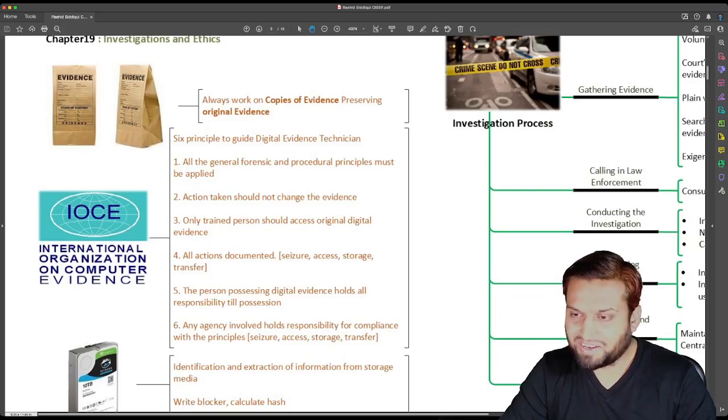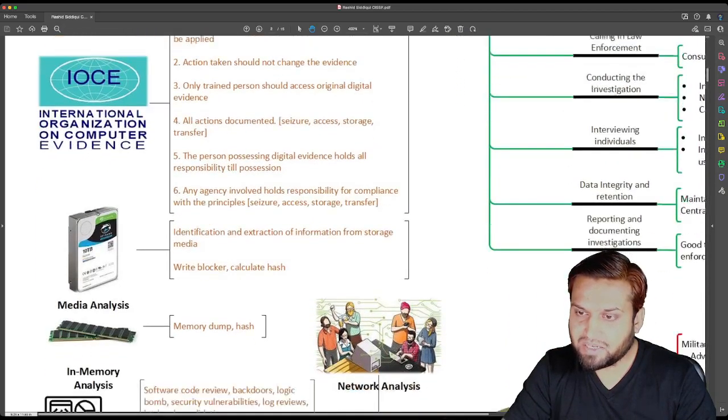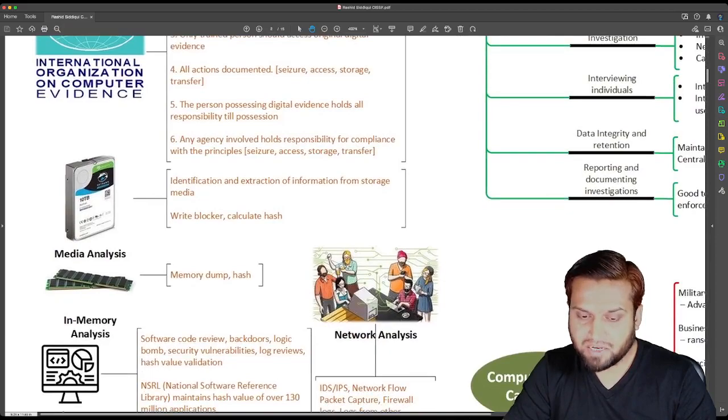So nothing very great here. Let's move to the media analysis. So when we talk about media analysis, we are talking about the storage devices, the hard disk or the storage